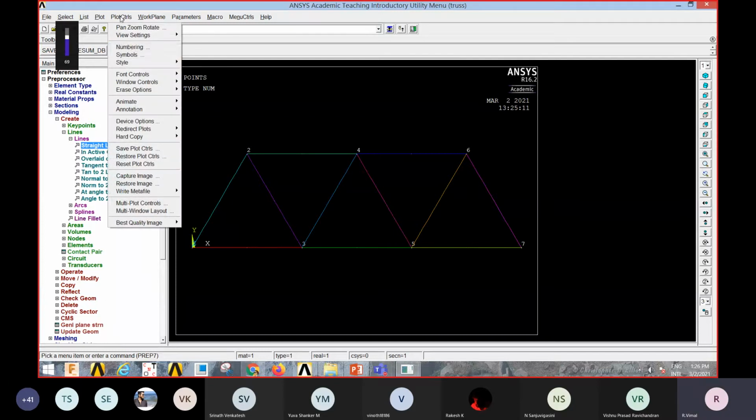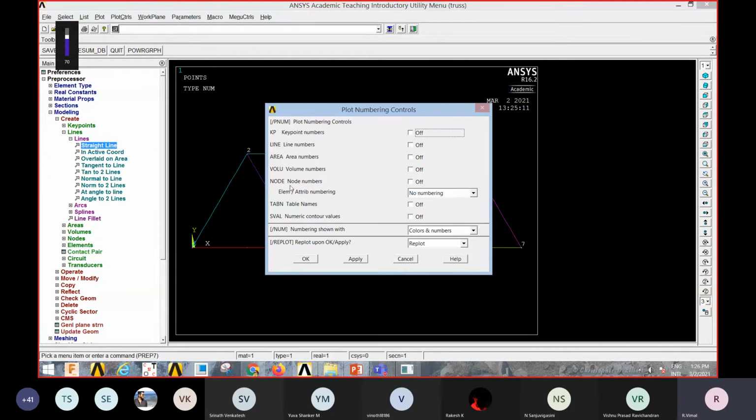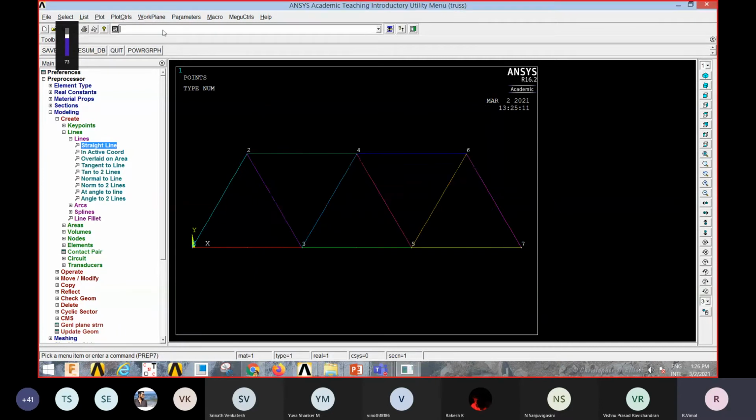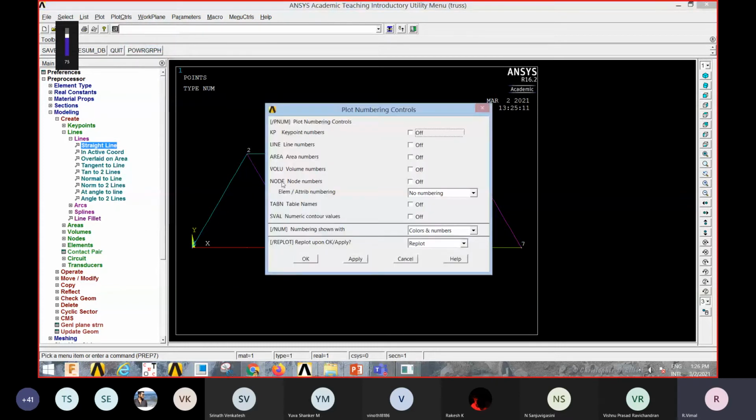Next, we go to plot controls and we go for numbering. This is very new for you, so follow it very clearly. We went to plot controls. We clicked on numbering, and then here we go to node numbers. We check it, we bring it on, and then we select element numbers. Actually, what we are trying to do is, we have used 11 elements in this particular stress problem. We want to number them. So for that reason, we are doing this process in order to number all the elements.